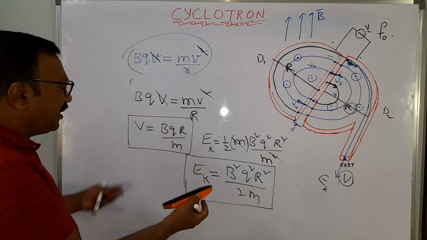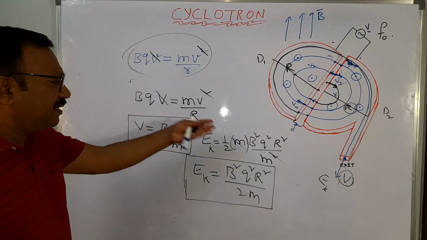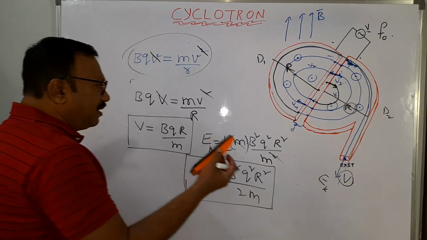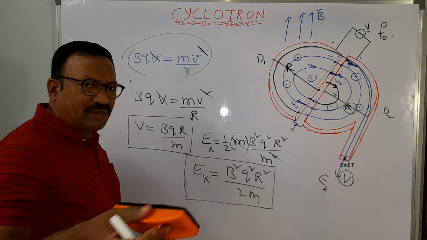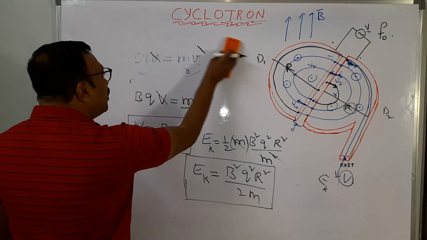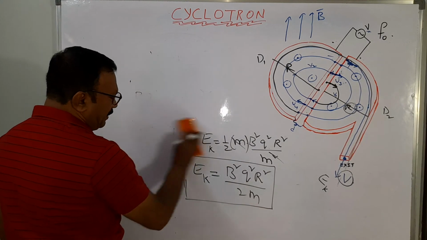So these are the expressions. I told you, no new expressions. You know the kinetic energy formula, you know the velocity formula. You already know all these conditions. And between the electric field, qE is equal to ma, I already told you, so like that. So this is how you are getting highly energetic particles.